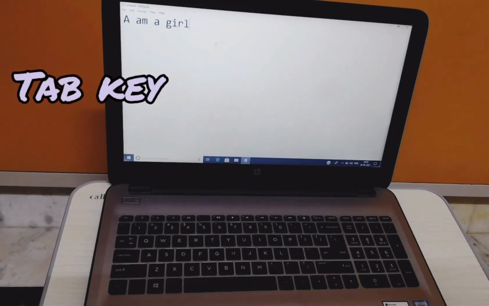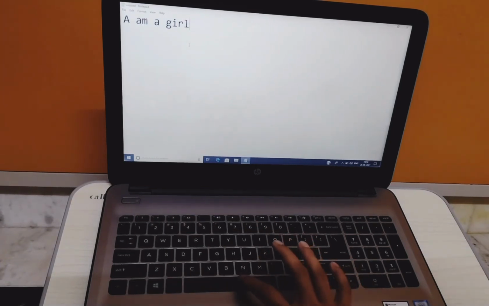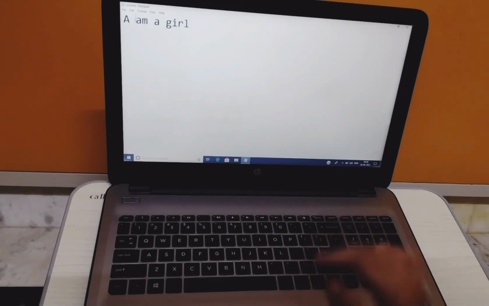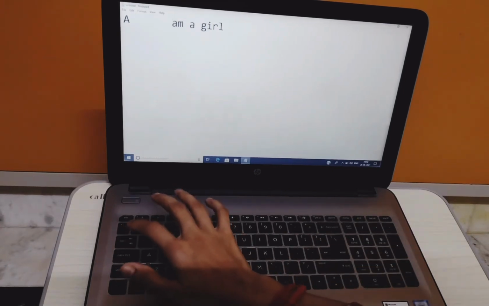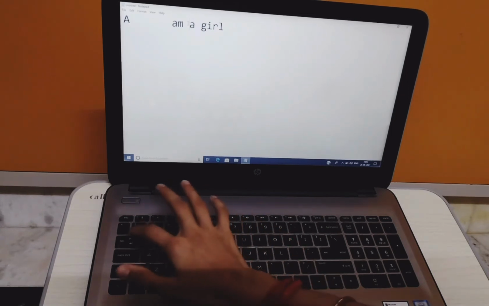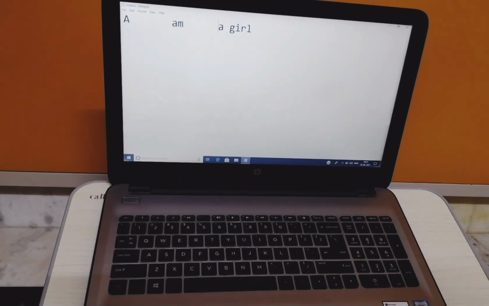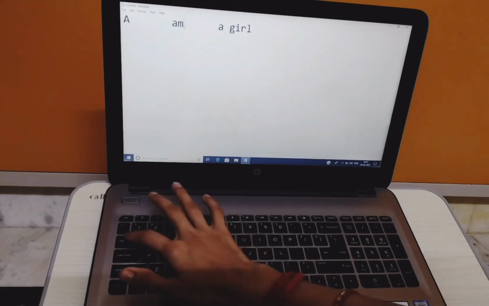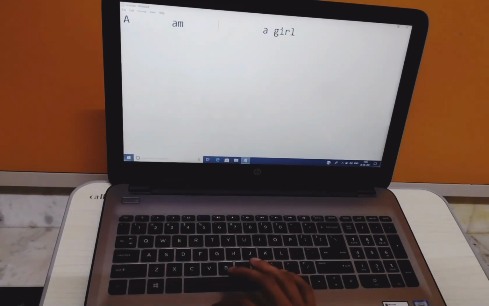Then you can see the tab button here. What is the use of the tab button? See, if I press the space bar, then only one space will appear. If I press the tab button, then see, it will jump 3 spaces at a time. Okay. Now, can you see? Yes. I kept it right, so it is going right, towards right. If I kept left, then it will go left. The space is created at the left.